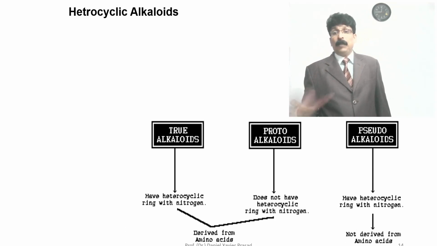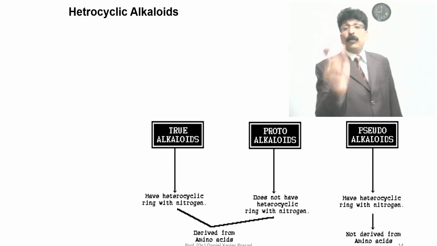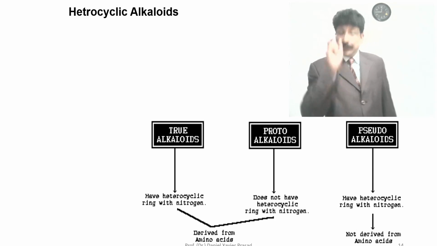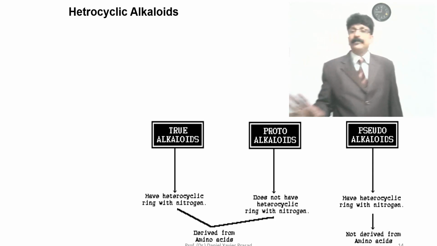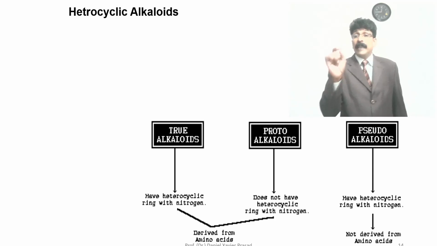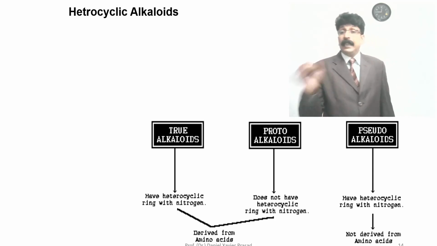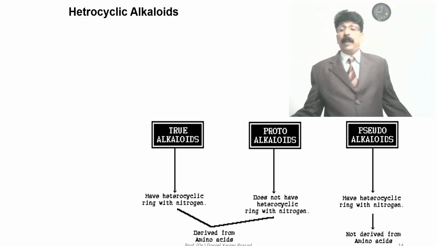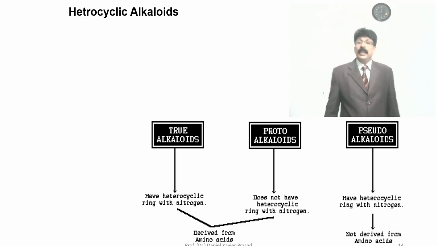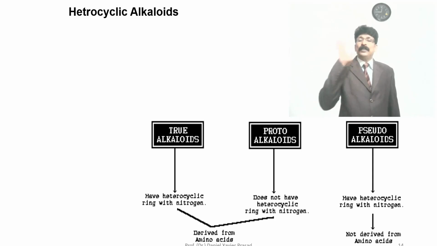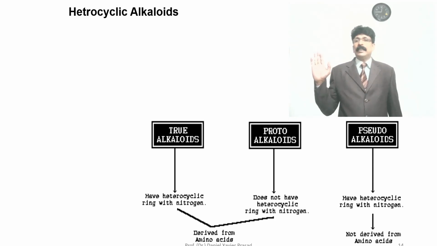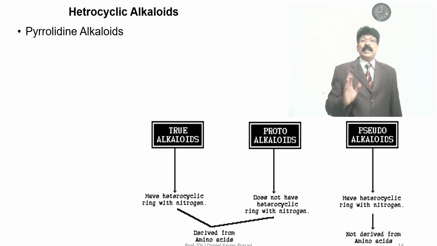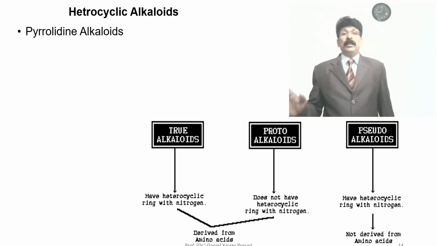But what is the similarity for both of them, proto-alkaloids and true alkaloids? They both are derived from amino acid. But pseudo-alkaloids have a heterocyclic ring with nitrogen but are not derived from the amino acid. So very clearly a student can write this definition so easily, and he can explain even half a page if they ask. So heterocyclic alkaloids, for example, pyrrolidine alkaloids,